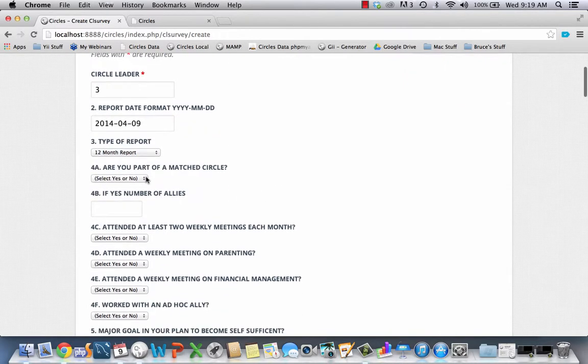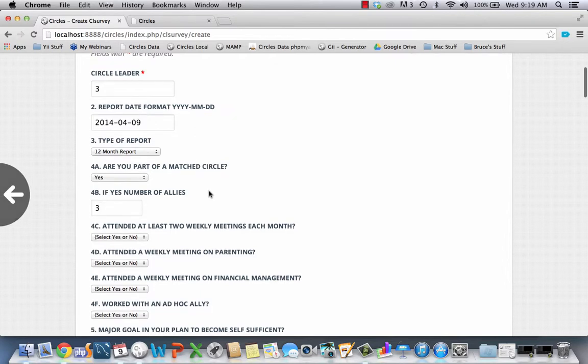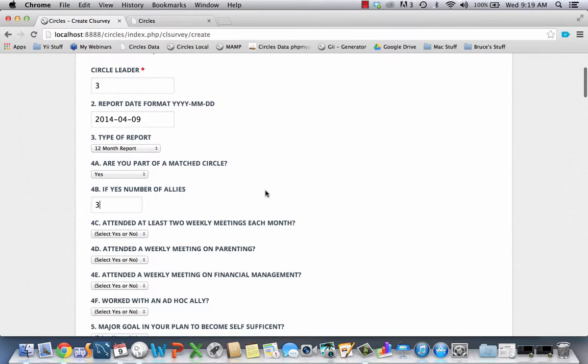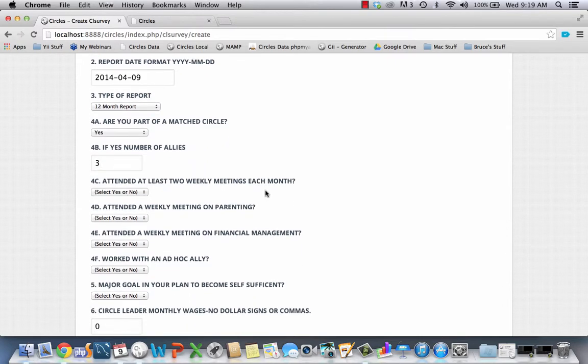Are you part of a match circle? Yes. Number of allies, 3. Now we also keep this information on allies in the system separately, and we will be using that information to evaluate this. There's some questions here about attending at least 2 weekly meetings each month, whether they attended a weekly meeting on parenting, one on financial management. Some of this 4C stuff you'll see will change,